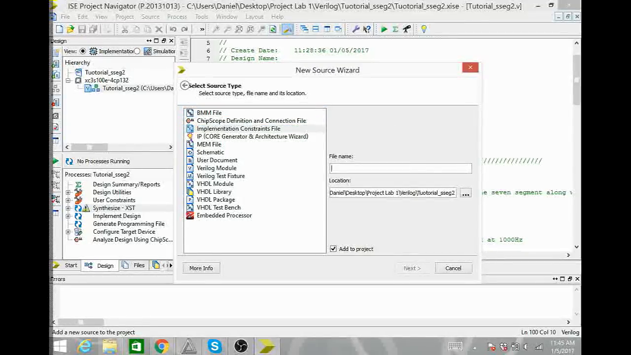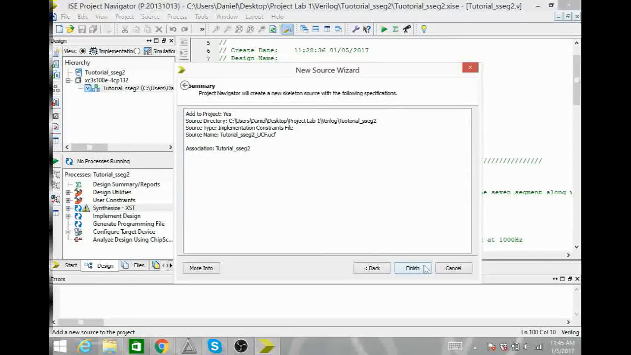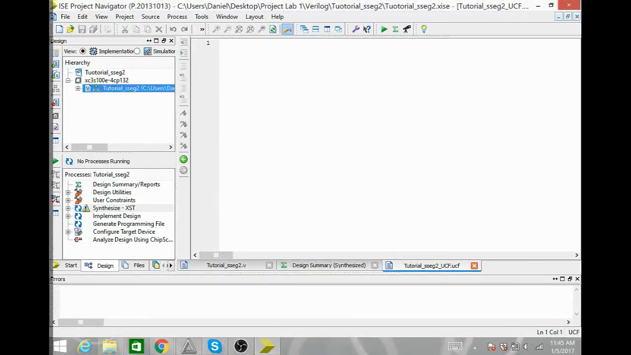I'm going to call it tutorial_SSEG2_UCF. This is a typical naming convention. You name it the same name as your module and then underscore UCF, so that way you know that that's the UCF that goes with that module. Hit next, hit finish, and it should see it connected the UCF to that module,